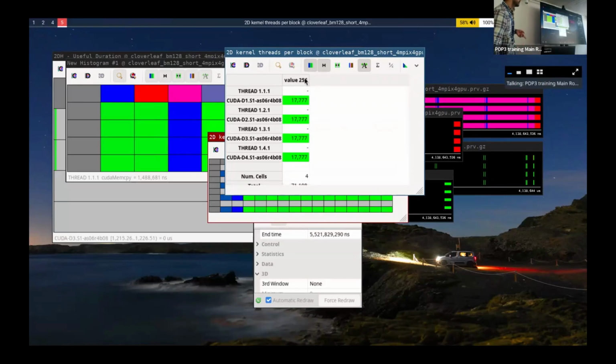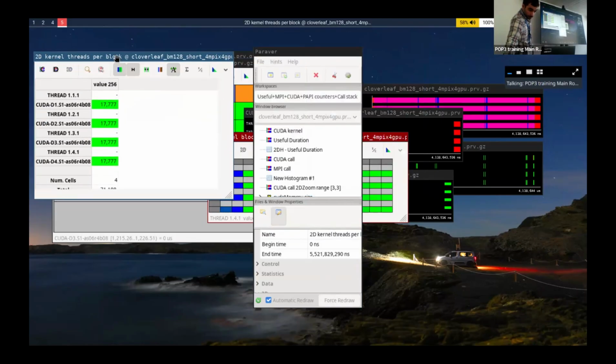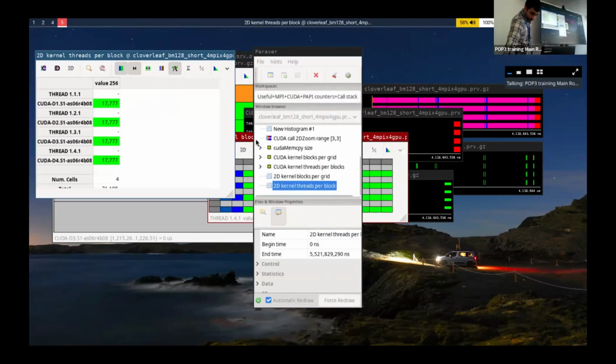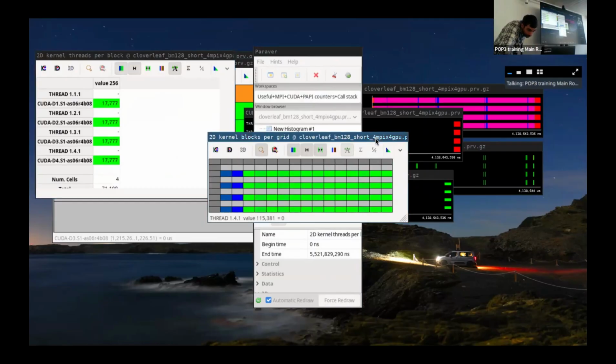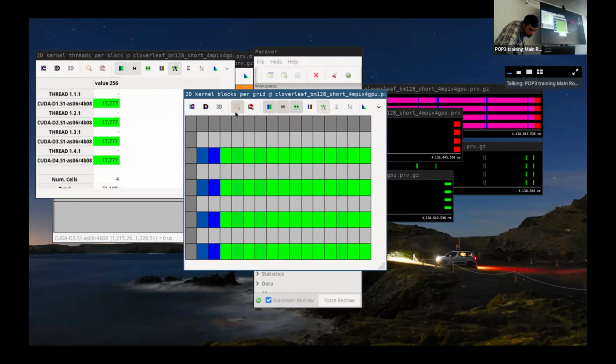256 threads per block, and this is the number of kernels per block launched. That's the thread size. That's it. And what else? Below you have the grid size also. Yeah, it opens more. And this is the grid size, which is